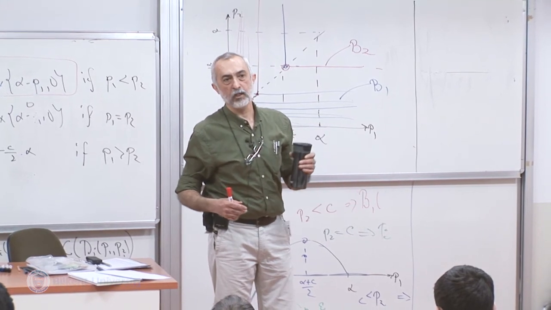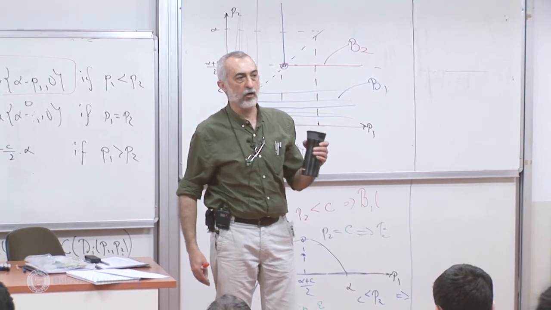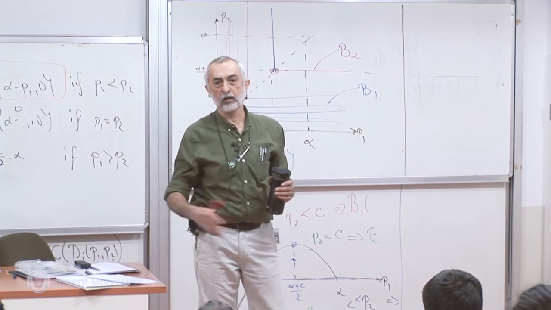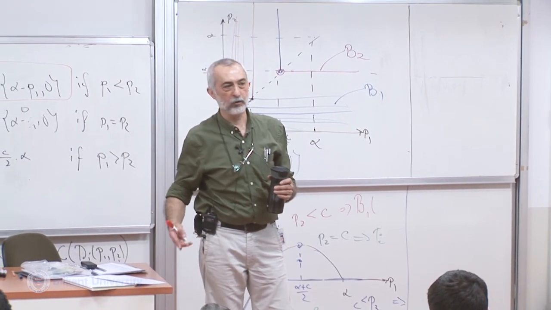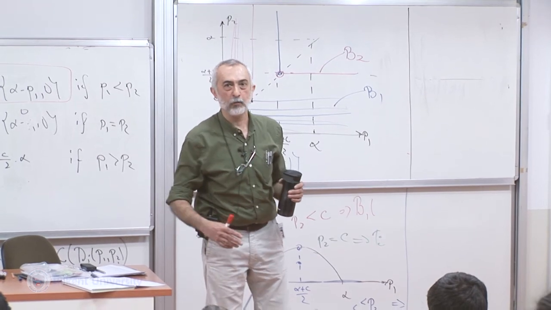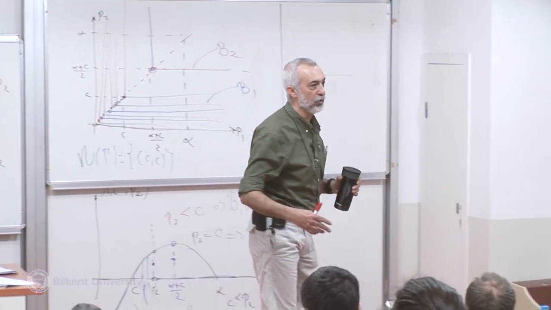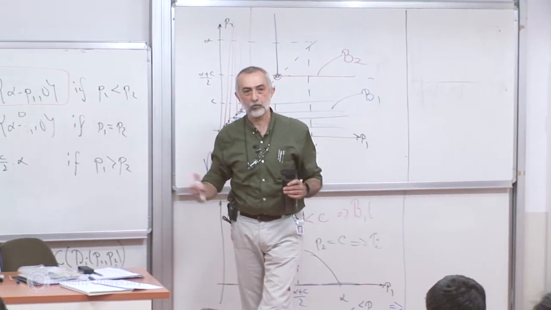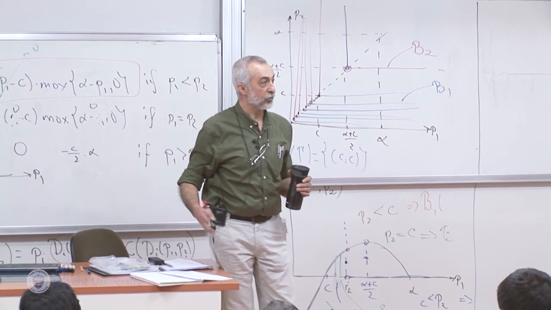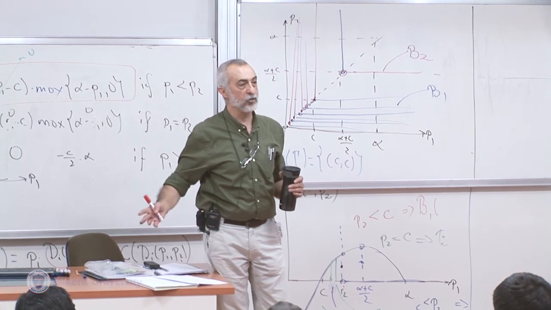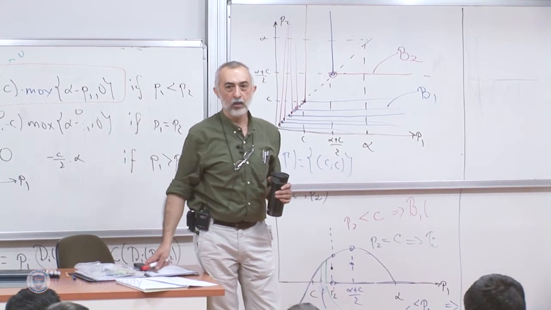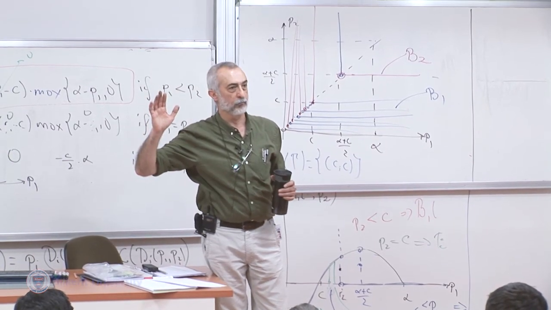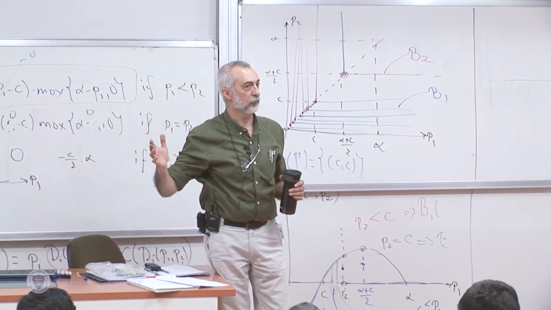A coffee shop can easily change the number of cups of coffee that it produces in a given day. But a house builder, an apartment builder, cannot just say, well, the prices of apartments have increased, so I'm going to double the number of houses that I build today. That's not possible. Or the prices have dropped too low, so I'm just going to build the first 2 floors and not build the rest. That's not possible.